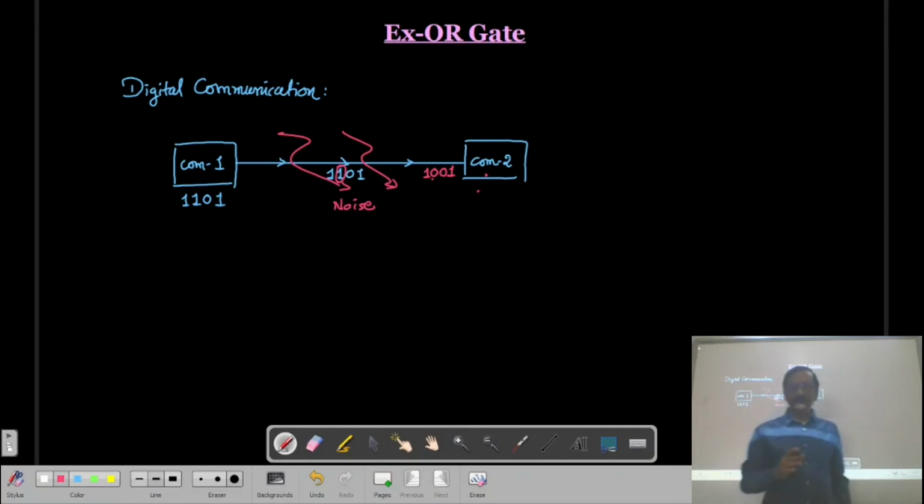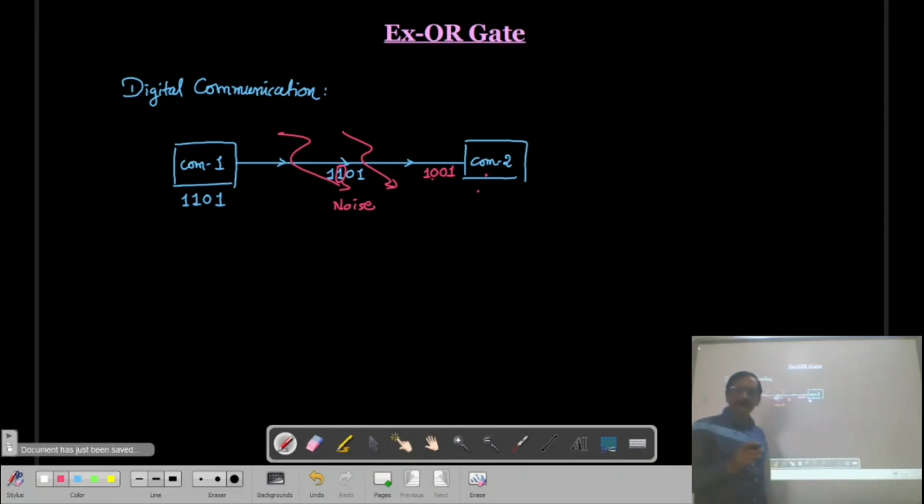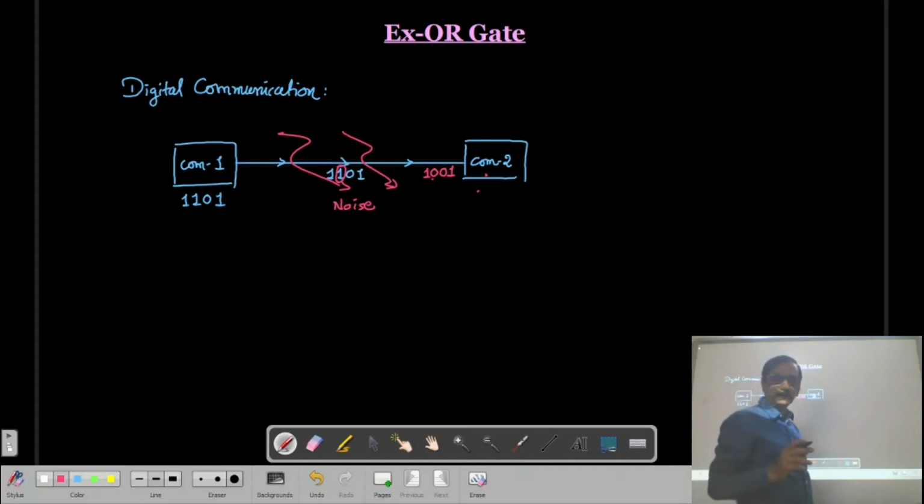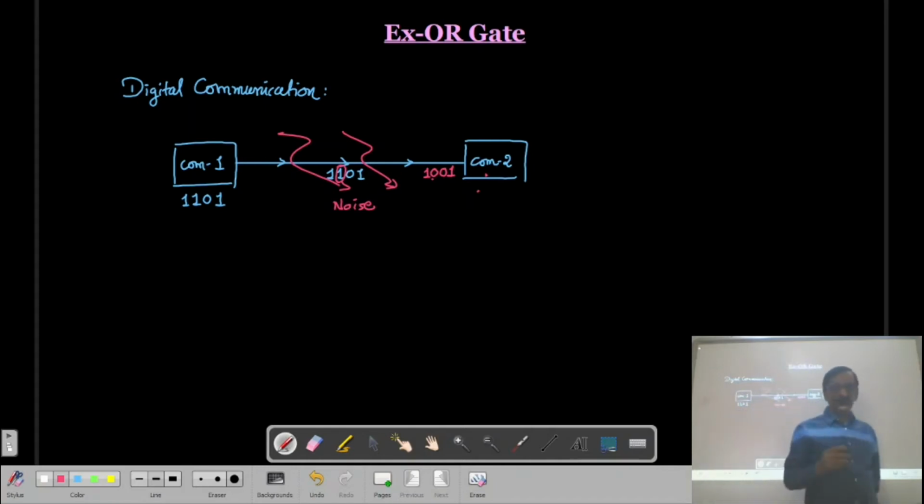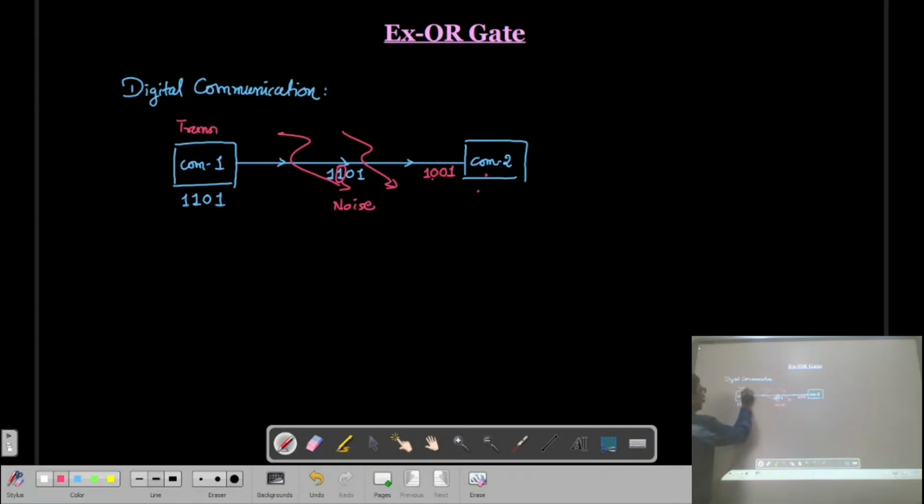If the information is correct, then only it will accept it, otherwise it will reject the information, or this computer will send a signal to computer number 1 that you again send the information. Correct? So in a communication, here we have a transmitter, you can say, and this is my receiver.